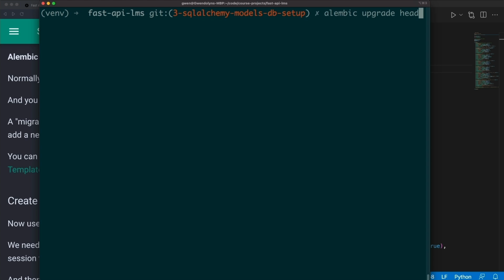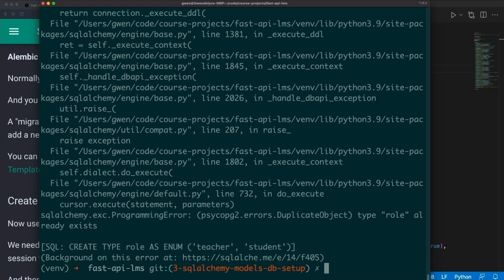So it's all on one line. Yeah. So Alembic upgrade head, and then I can run this command. And it tried to run that migration, but you can see there's a SQL error, create type role as enums. So there's a problem with my enums. And this took me a little while to figure out the first time I tried to do enums with Alembic